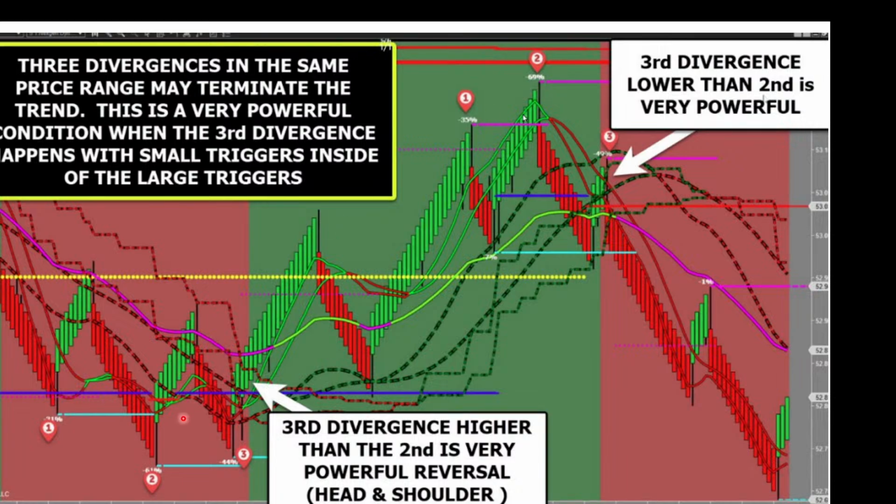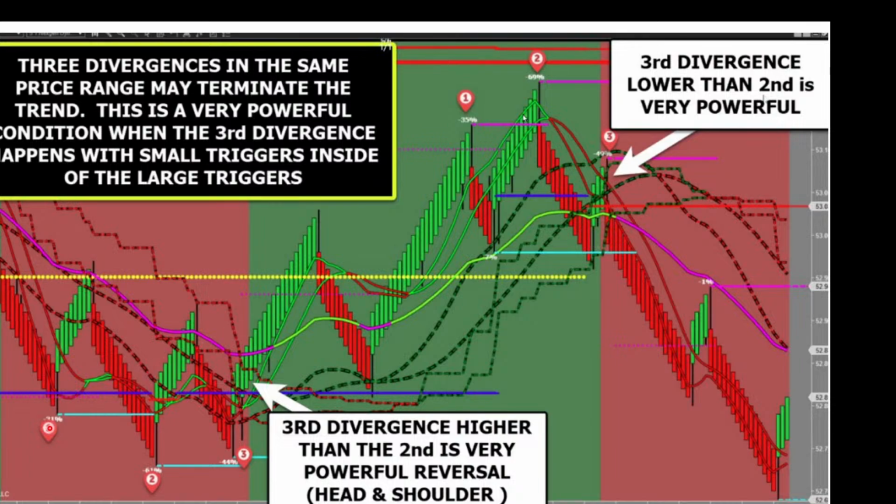On its own, 3 can kill it. I won't take that high probability trend trade. Weak triggers make it more powerful. Head and shoulders makes it more powerful still. This look is the only time that my small chart is allowed to talk me out of a high probability